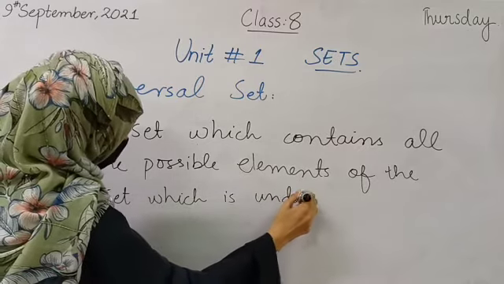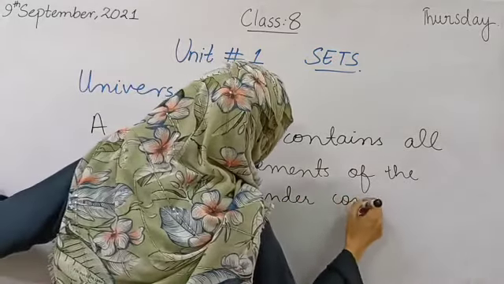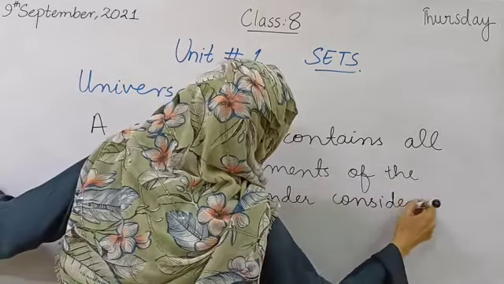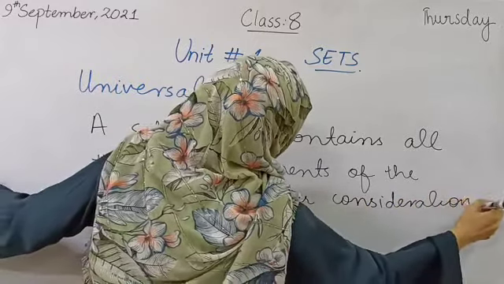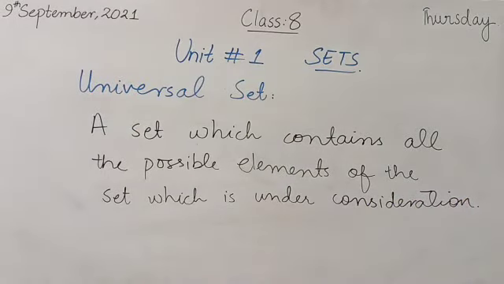Okay? Under consideration means the set which we are studying, on which we are working. So a set which contains all the possible elements of the set which is under consideration, that is called universal